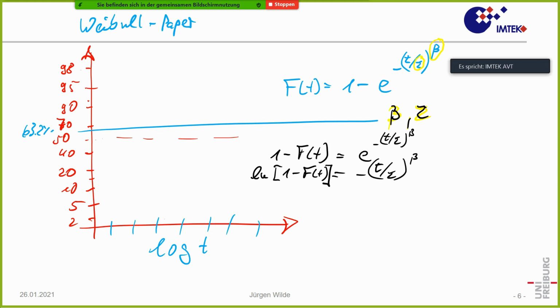When we want to determine beta, a good trick is to do again a logarithm. And then we have the logarithm of minus the logarithm of 1 minus f of t, and that is beta